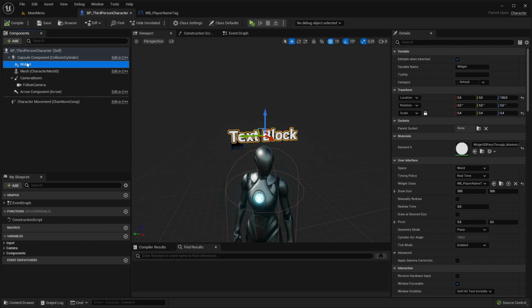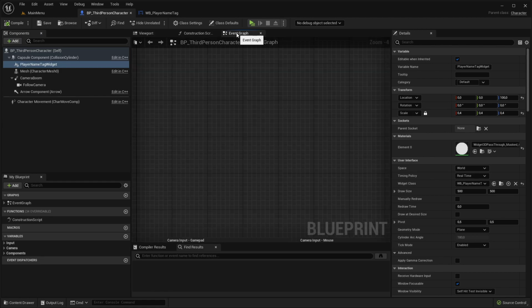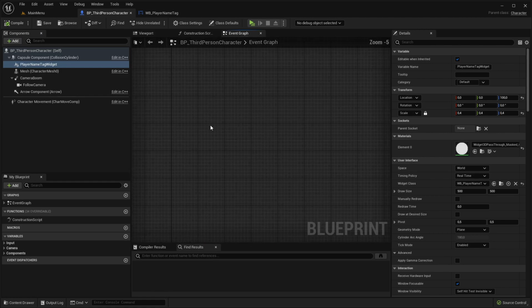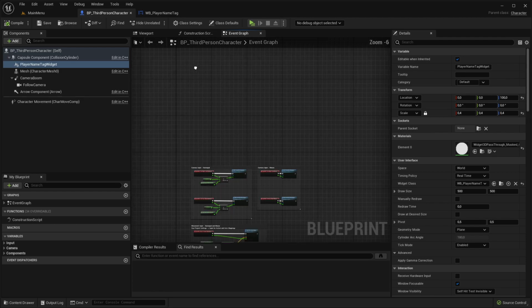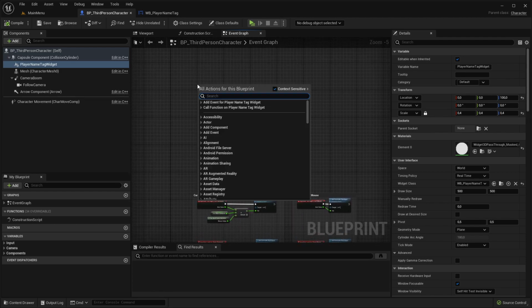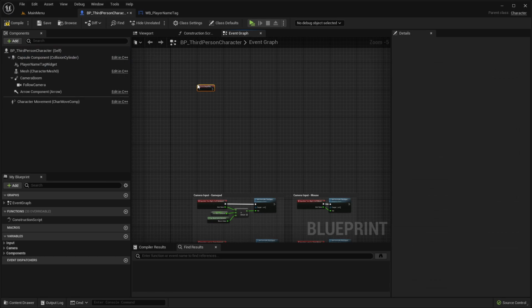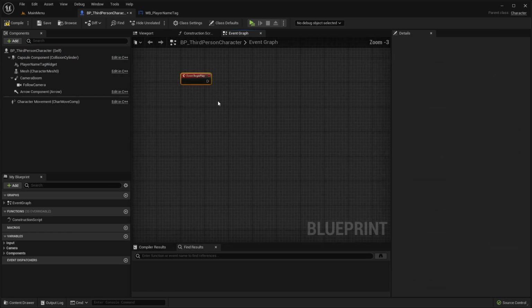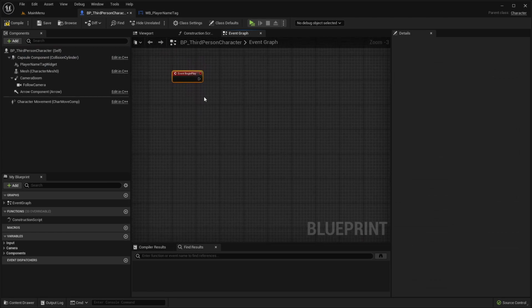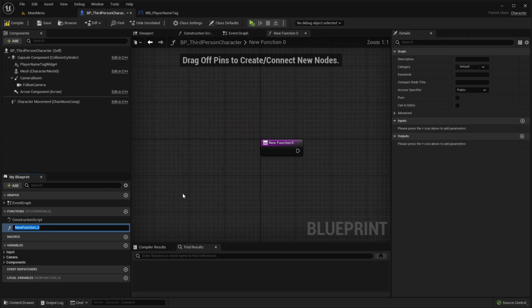And also it makes sense to scale it down here because then also the resolution looks better. Next, maybe we can rename this here to player name tag widget. And then we can go to the event graph where, if you don't have an event begin play, you can add a new one. Otherwise, you can just use your event begin play that you have and make sure that this event begin play is calling a function. I'm calling that